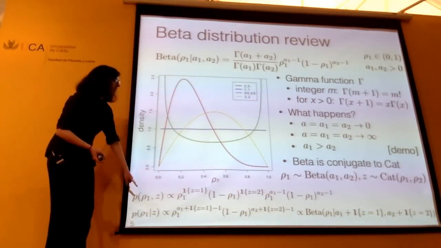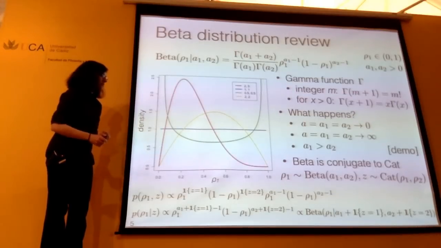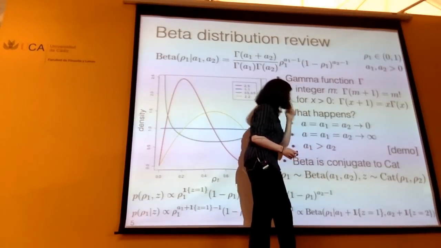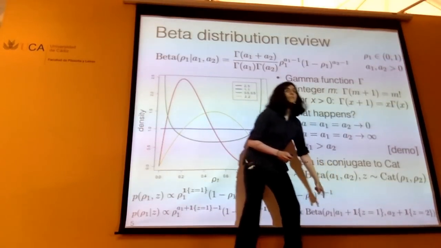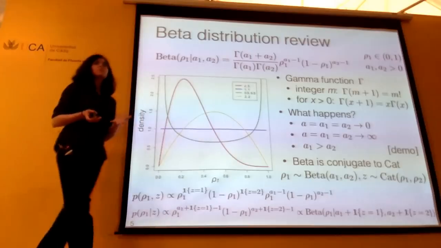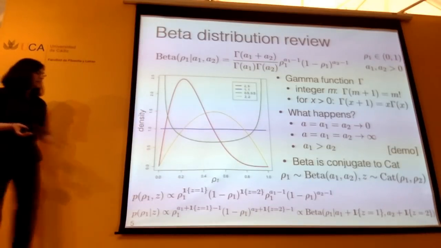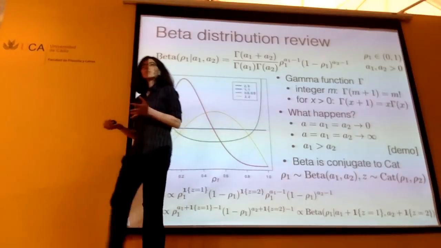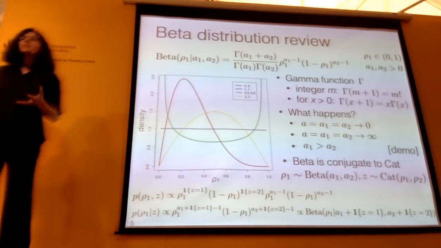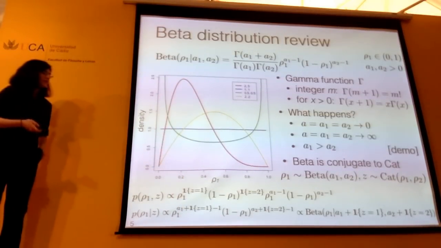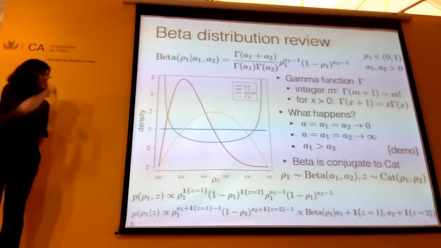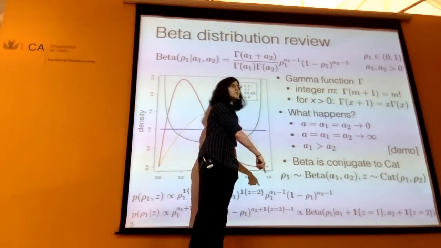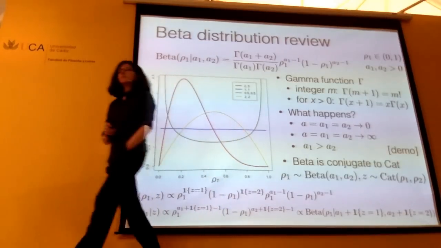And so here what we've done is we've totally sidestepped integration. We've said that all we had to do is take the parameters that we started with here and do an addition to get the posterior. Instead of doing an integration, we just had to do an addition. And so this is much easier. Instead of having to do something like Markov chain Monte Carlo or variational Bayes or anything like that, we got to do addition, which is the easiest thing you can do. And so something you want to think to yourself, if it's not immediately obvious, is what this would be if we had n more data points.